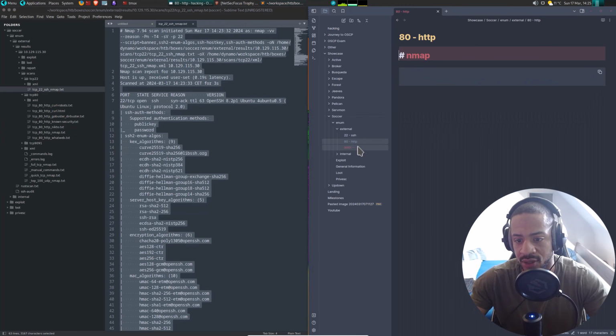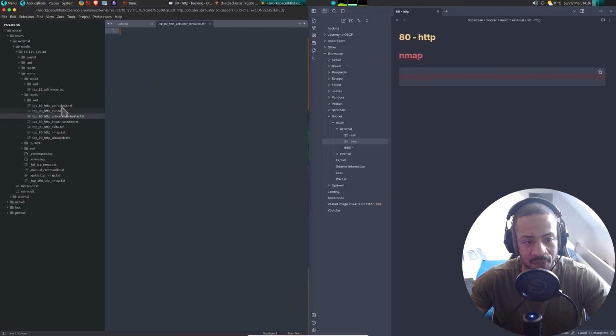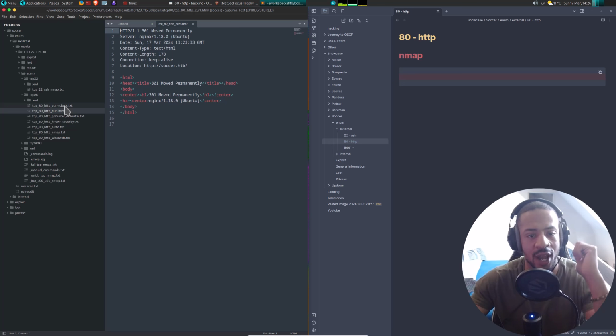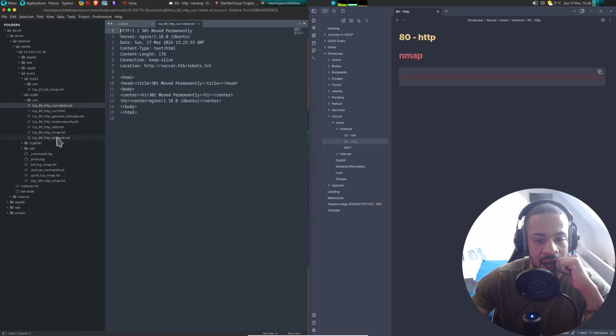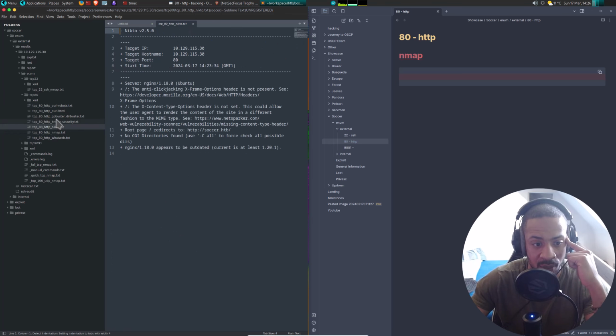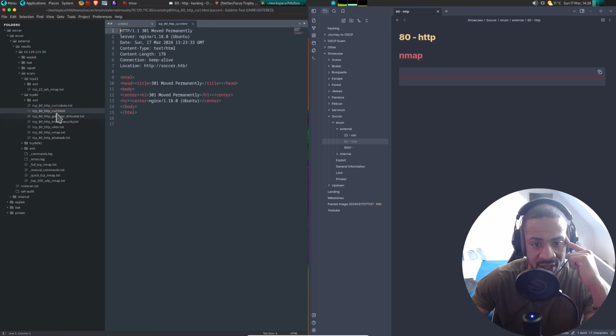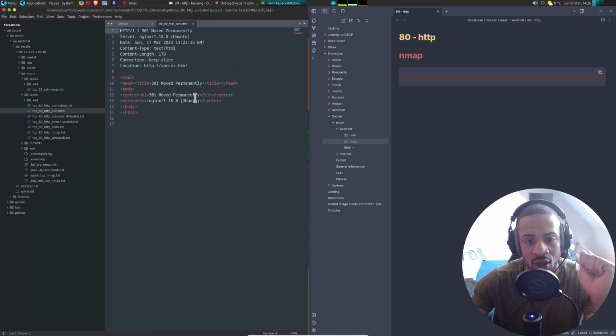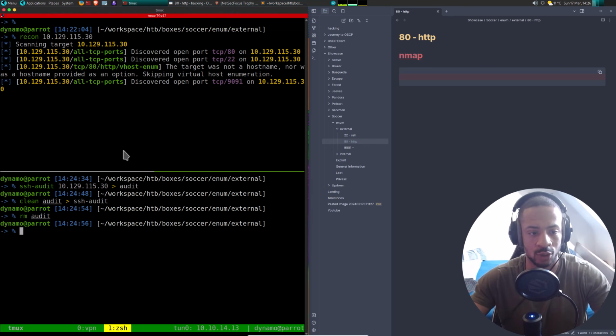So we can then go straight ahead to 80, and we can see right away that we are wasting our time with port 80 as it is right now, because it is redirecting every request to http soccer.htb. So what should we do?